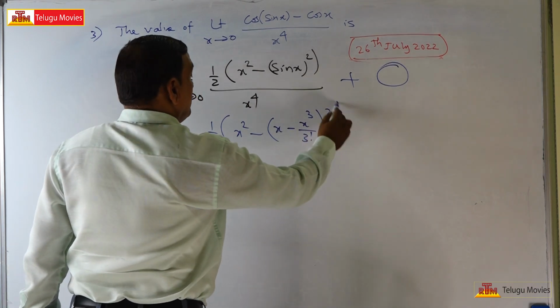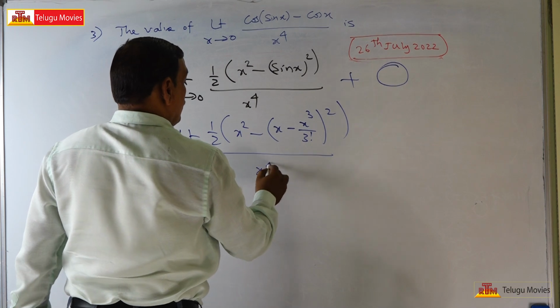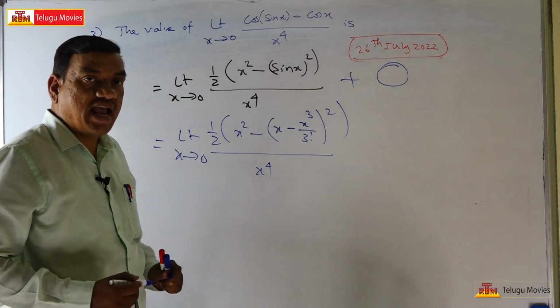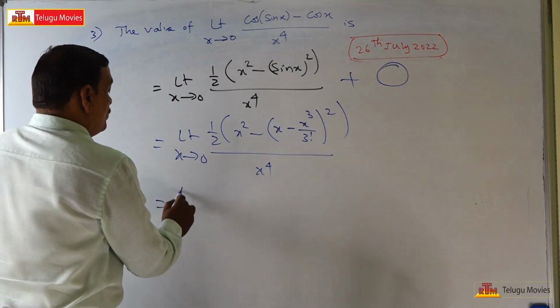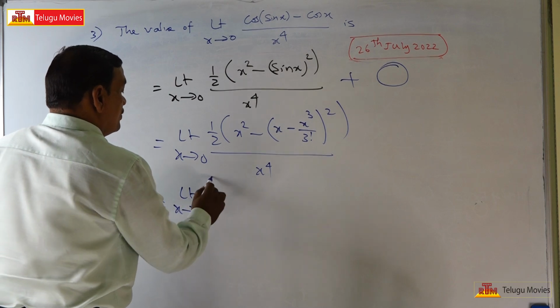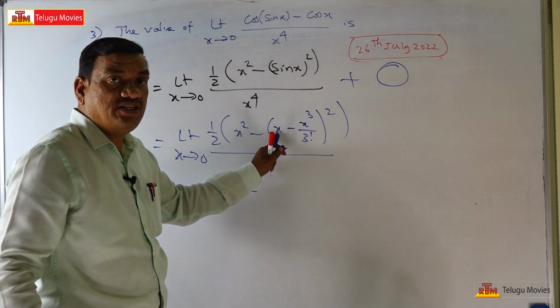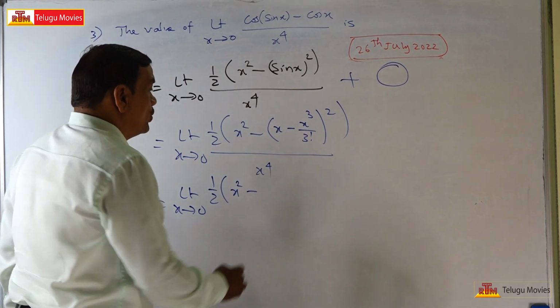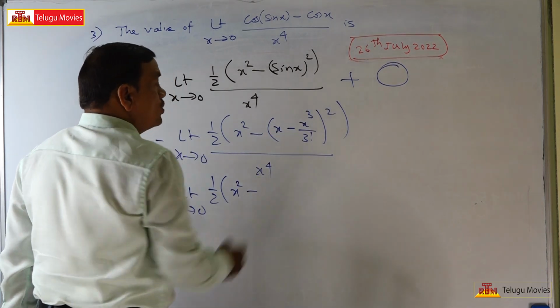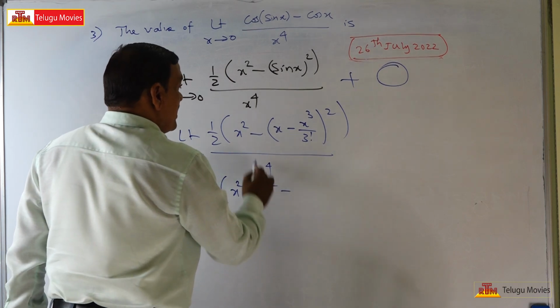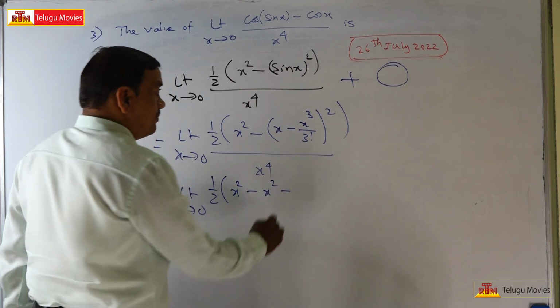Enough. Whole square whole by x power 4. So coming to this calculation, this is equal to limit x tends to 0, 1 by 2 x square minus. See, expand here a minus b whole square, that is equal to a square minus, already before minus is there, plus